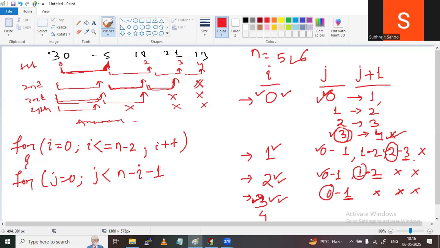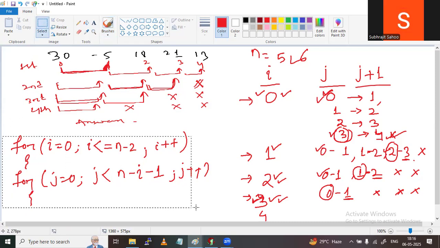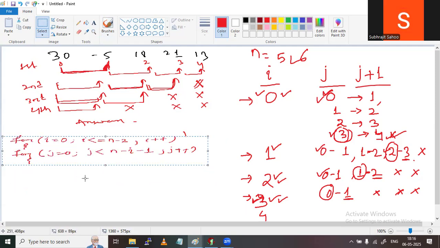Or you can write j less than or equal to n minus i minus 2. Like this also you can write. If you are not writing this equal to, then write here 1. Okay, let me write this one. Then j plus plus. Then same as it is, the swapping mechanism. What is the swapping mechanism, sir? Simple swapping mechanism. You have to write here,